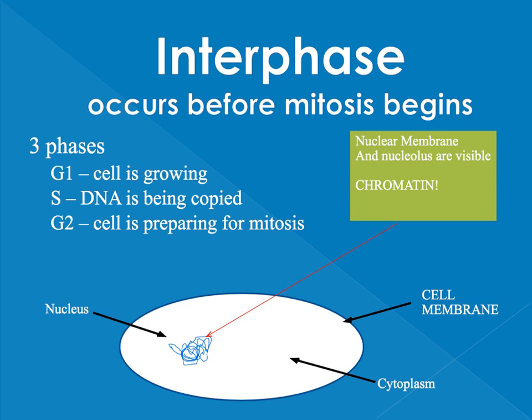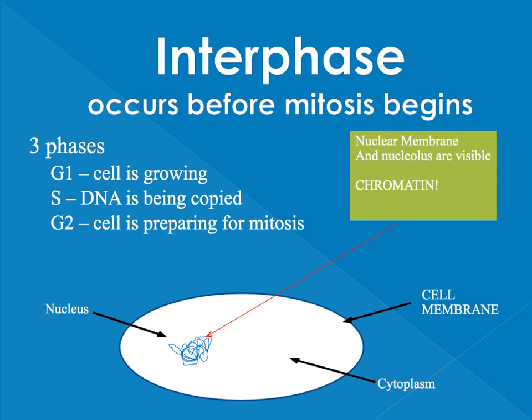And interphase is actually not a part of mitosis. It actually occurs before mitosis begins. There are three parts of interphase, G1, S, and G2. And so this is when the cell is growing. The DNA is being copied. That's what S stands for. S is synthesis, which means something being made. And then after the DNA is copied, which takes a long time, then you have G2, which is when the